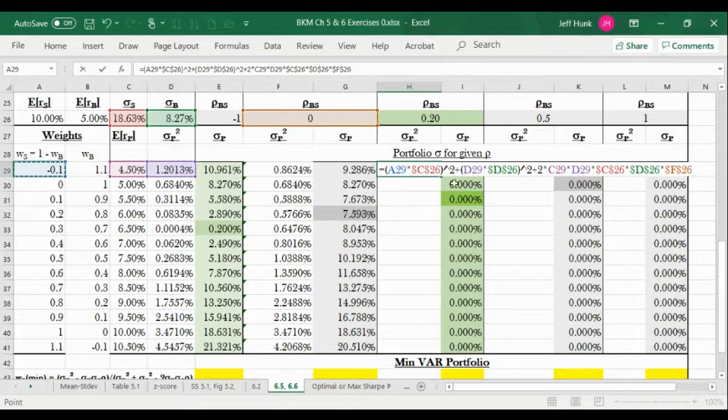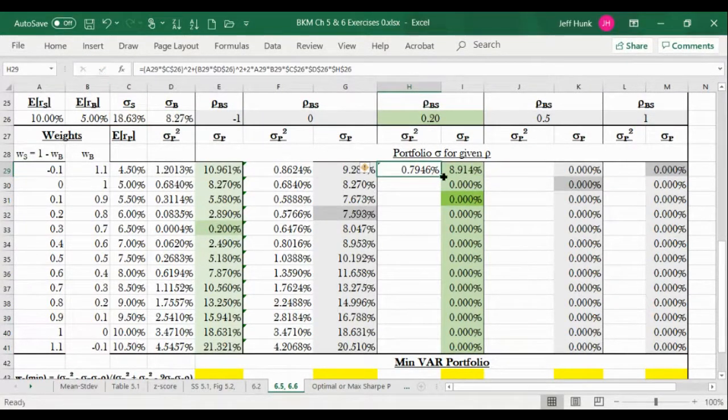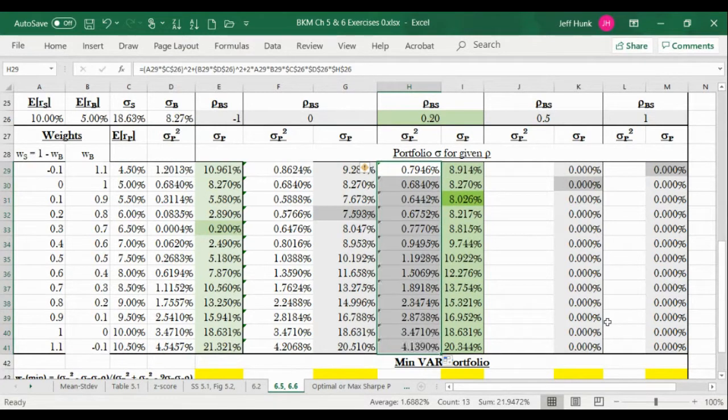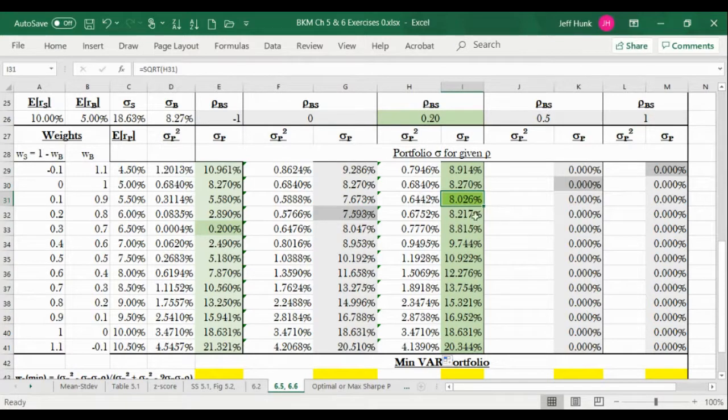Okay, the weight is A29, and then A29, again, A29, B29. And the correlation is in F26, okay? There you go. Now I drag it down. What do I see? Where's the lowest variance? This is the lowest variance. I mean, it's not variance, it's standard deviation, but either way, that means also the variance is the lowest. Okay, minimum variance. This is the exercise to find the minimum. And that happened when,